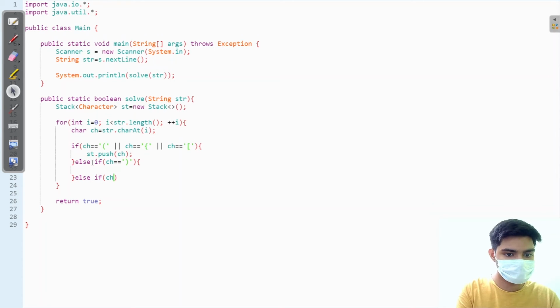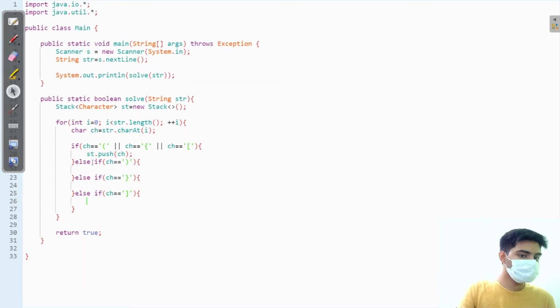Else, if my character is of curly braces type, I'm going to do some work. Else, if my character is of square bracket type, I'm going to do some work. All the rest of the characters are ignored, so I'm not going to push or pop them.